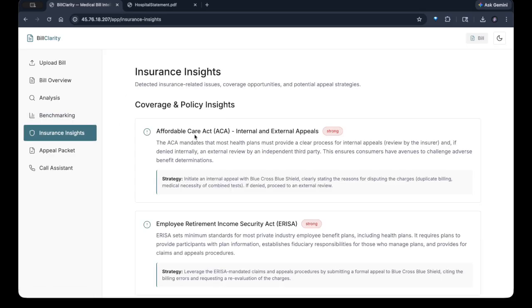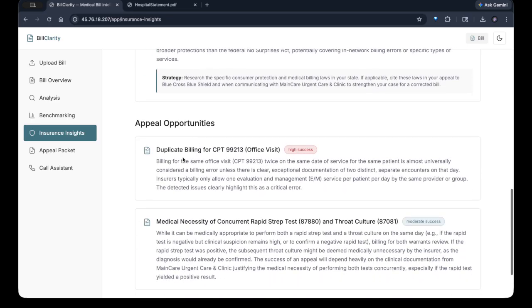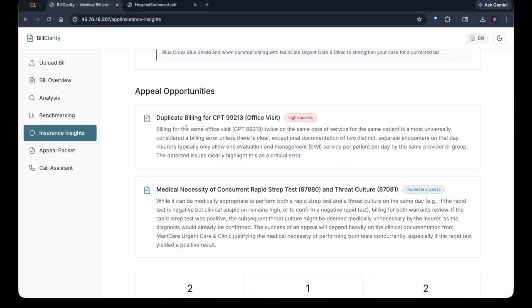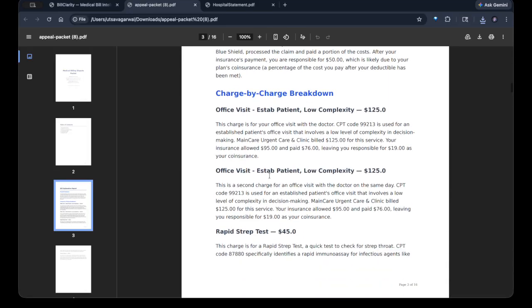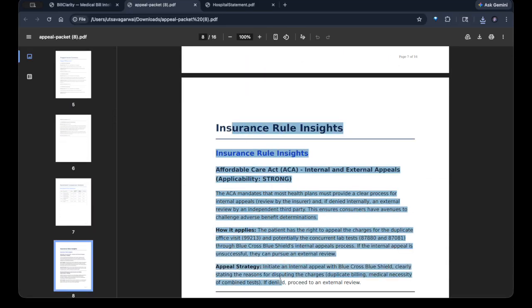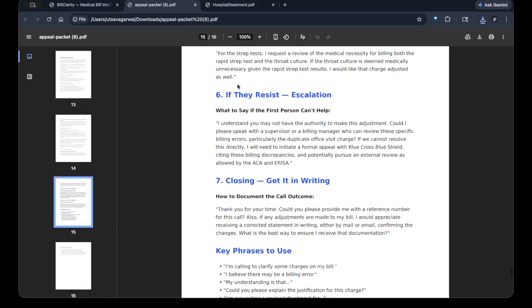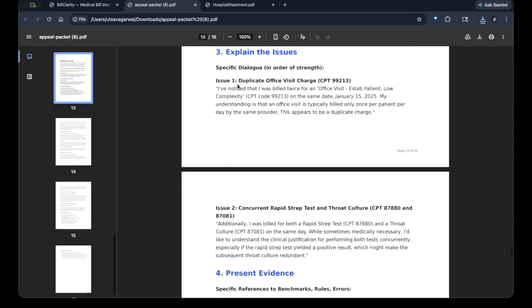Fourth, we have an Insurance Insights tab. This tab provides various different policy and coverage insights, as well as relevant laws that apply to your particular case. This will help you decide which avenues you want to take and appeal with an insurance agent. Finally, the appeal packet generates an easy to read and neatly formatted PDF that you can use to help you with your appeal. It has all the different things that we mentioned in the tabs before, as well as strategies that you can use to get the insurance agent to